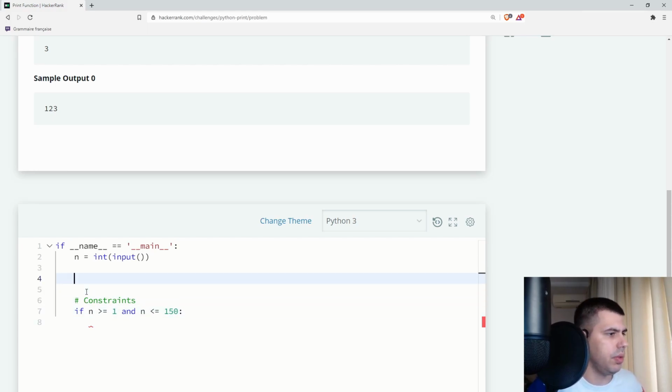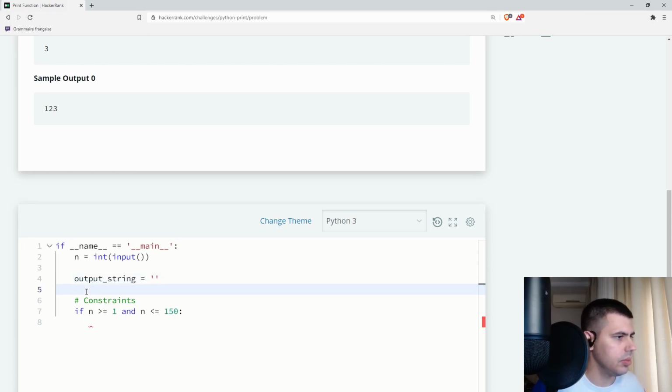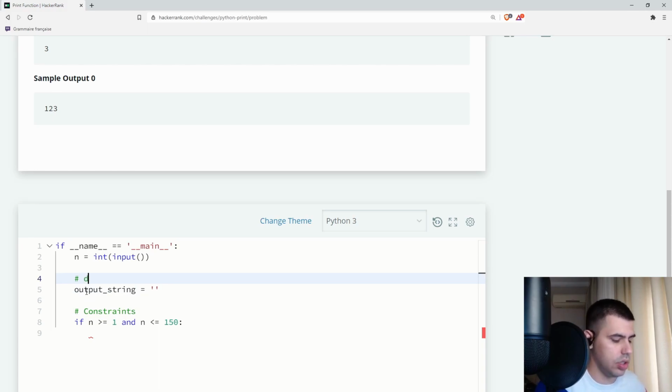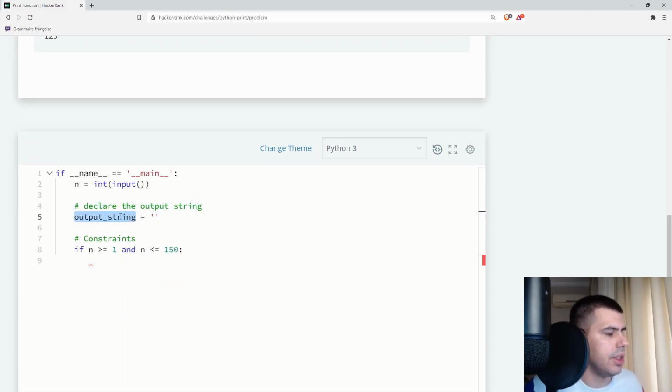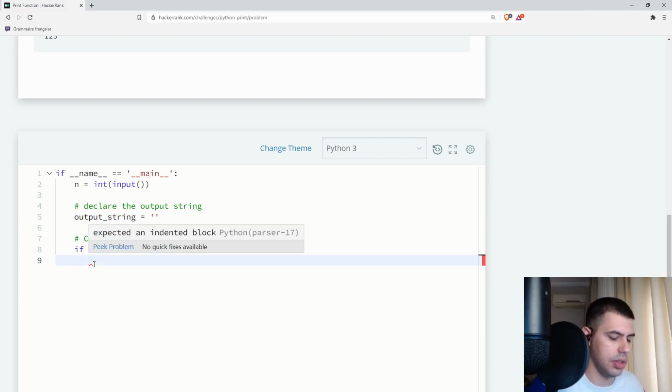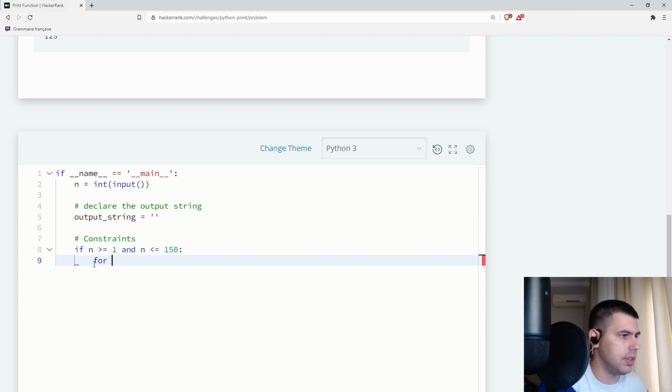It will be easy if we have an output string, and you will see briefly what I will do. I will update this string as we go, as we are counting through to n. We will make a for loop here: for count in range 1 to